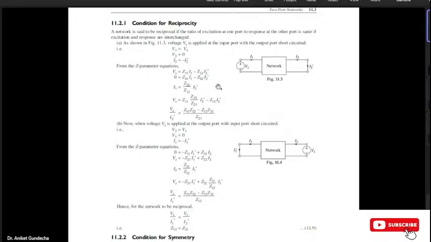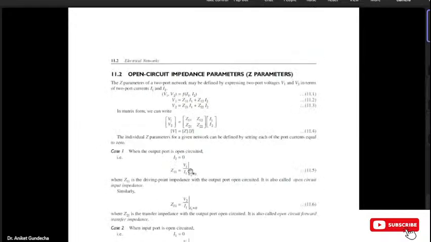So you have to prove the reciprocity condition or symmetry condition for any of the parameters. So when I expect derivation, it's not like deriving the parameters, then drawing the equivalent circuit, then deriving the reciprocity condition, and then deriving the symmetry condition. Either of this will be there. Either you'll be deriving reciprocity condition along with Z parameters, or you'll be deriving Z parameters along with the symmetry condition. So likewise for Z parameters,